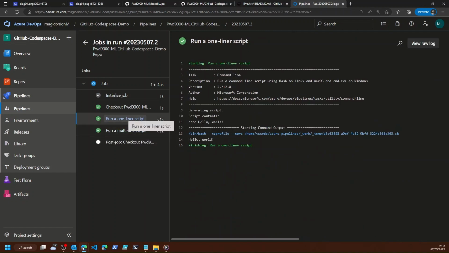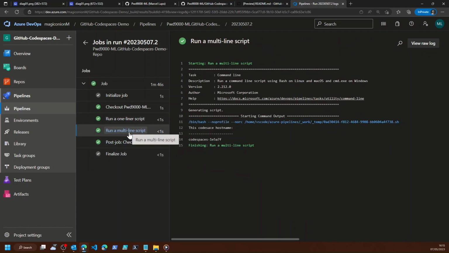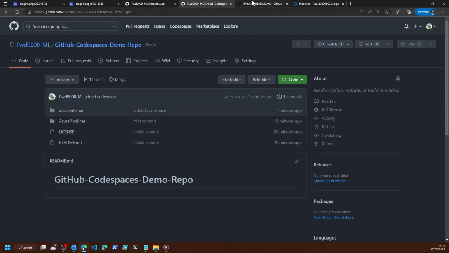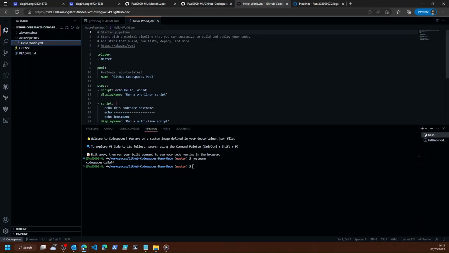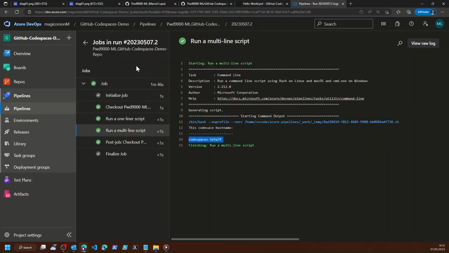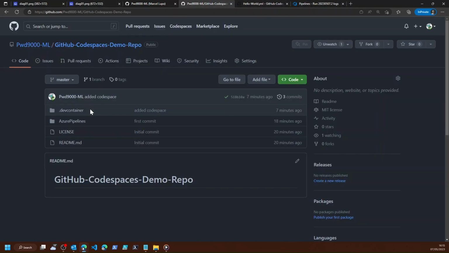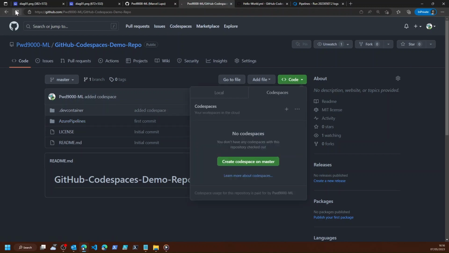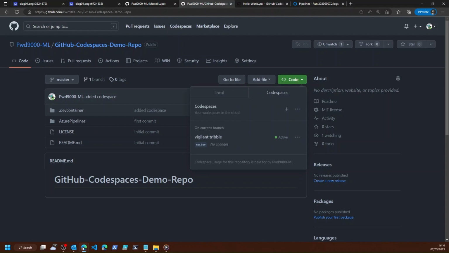So we can see that our hello world is run, and the host name is run. If we go back to that Azure DevOps pipeline, we can see here that this pipeline ran on our pool. It echoed hello world, and it gave us the host name, which is the same as the host name of this code space, as you can see here. And that's basically it. Now we can create more pipelines, and that will basically run as part of our